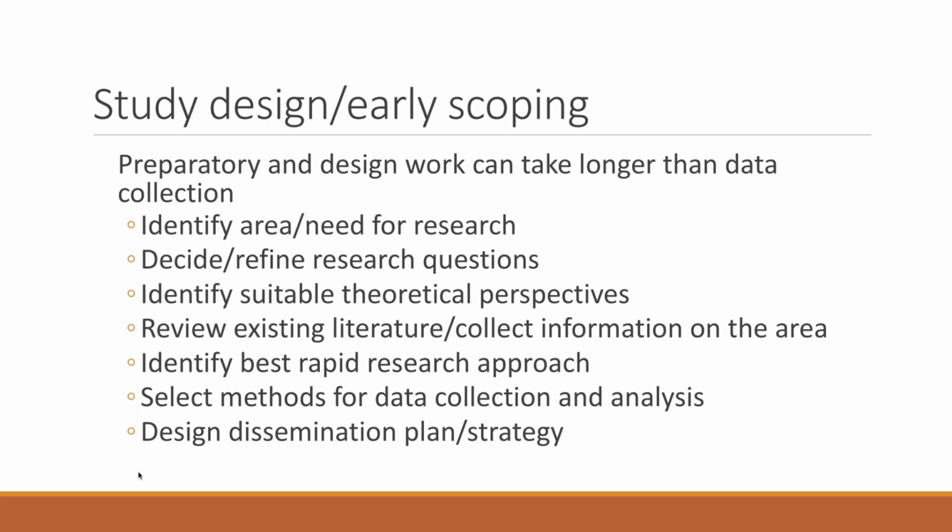All of that information is then going to influence decisions around identifying what the best rapid research approach will be, and, mentioning again the decision tool that I showed earlier, will inform the selection of methods for data collection and analysis, and the design of the dissemination plan or strategy. Here it's about thinking about dissemination at a really early design stage, because if you've engaged with stakeholders and they've told you, for instance, that they need feedback once a month from the beginning of data collection, that needs to be built into your study design so that you're able to generate useful and valid findings with that level of regular feedback.